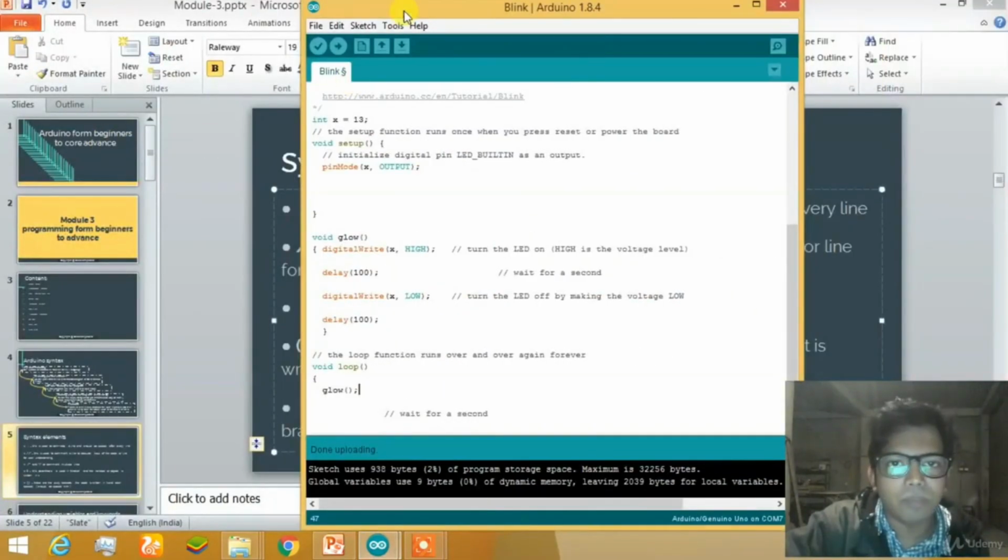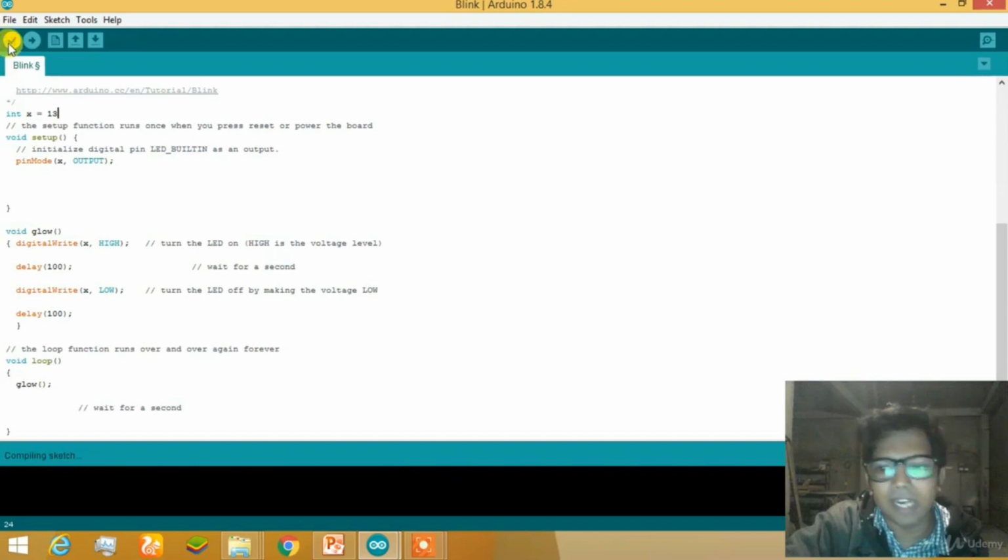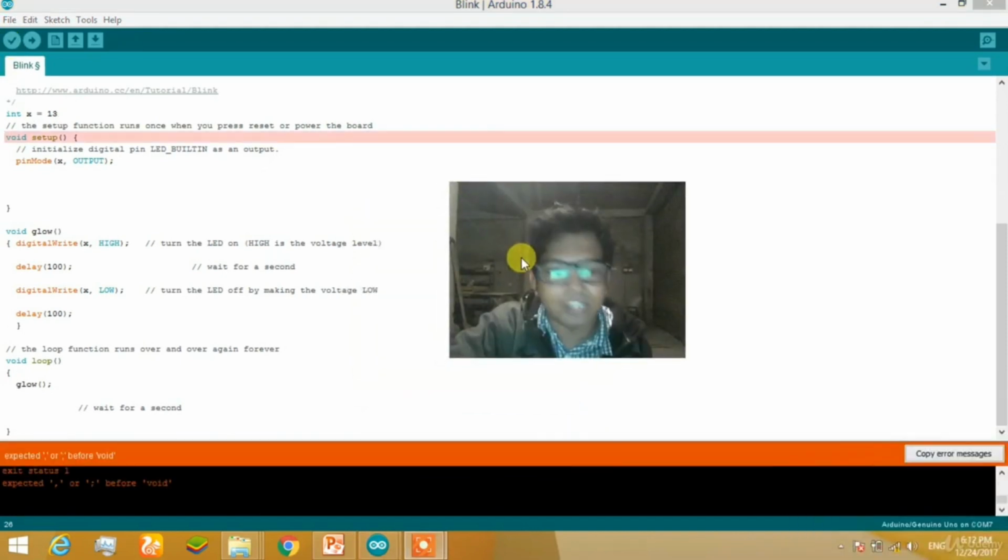For example, if we select an integer and define the value to a variable, let's say we have defined integer x is equal to 13, but if we try to compile it, you can see that there is an error. The error is simple. It needs a semicolon after the statement so that it can terminate it. Okay, let's just put a semicolon after it. Now see that